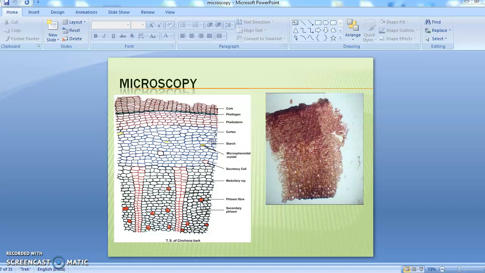They are single or irregular in shape, present in groups of 2 or 3 cells. These fibers are seen, and inside of that you are able to see a ray-like structure. It is called the medullary rays. These medullary rays are a typical characteristic of